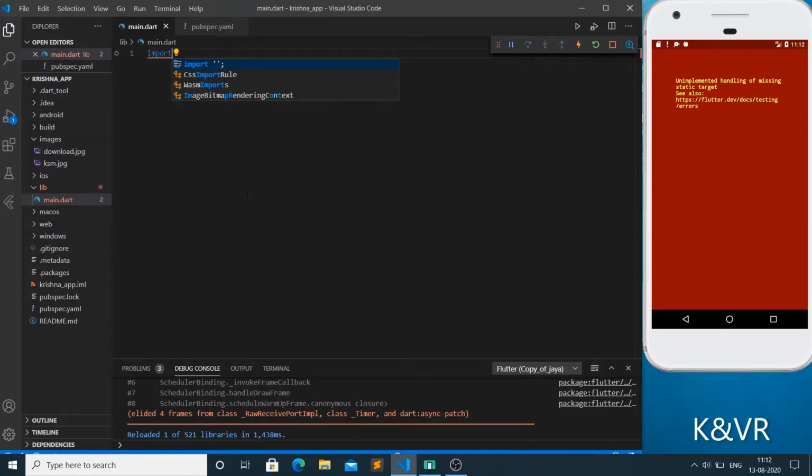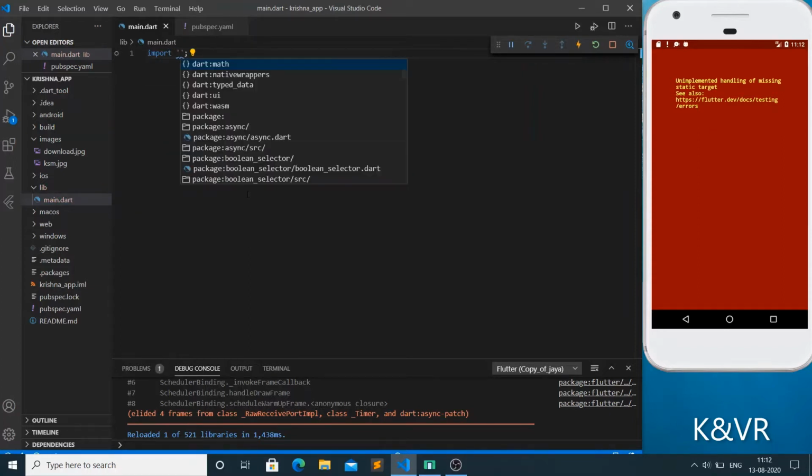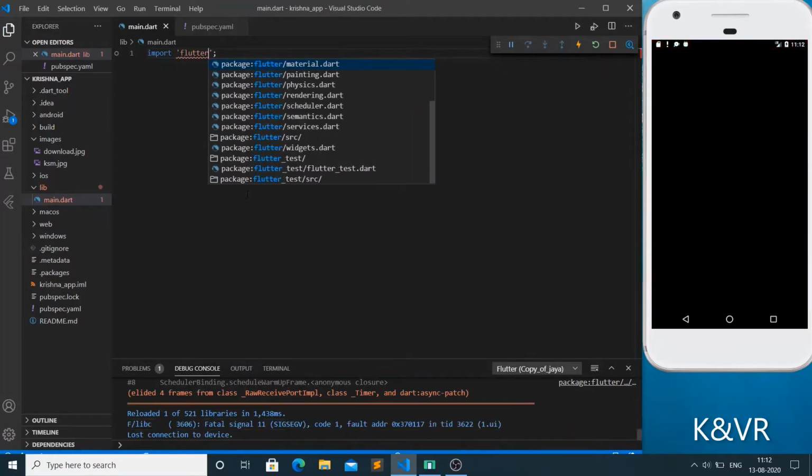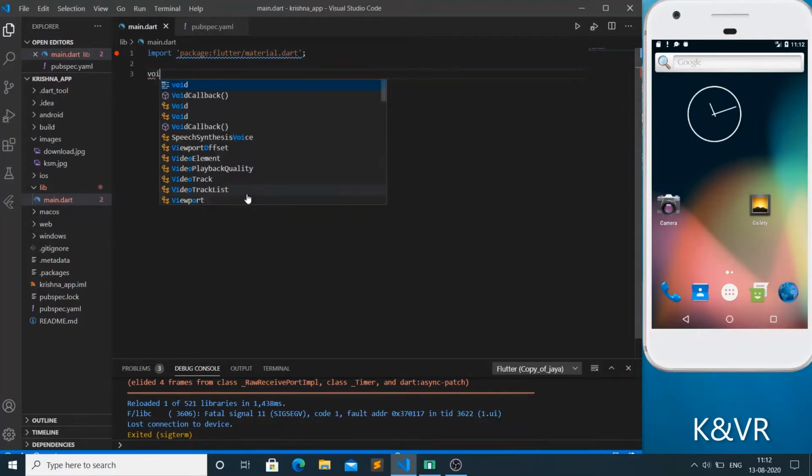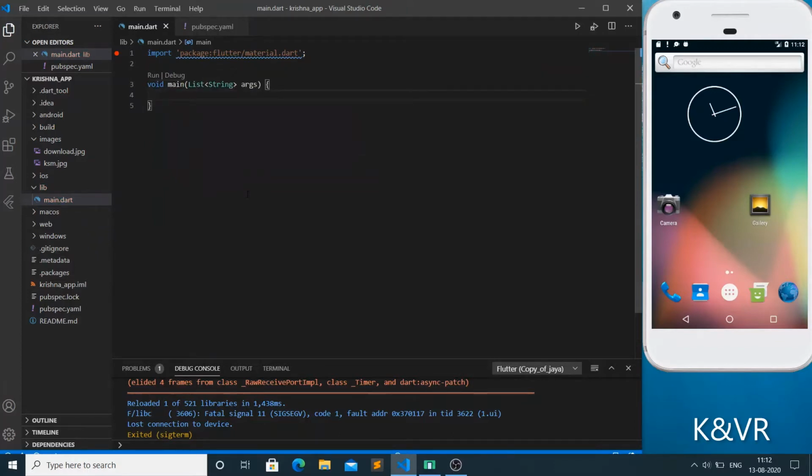Just type import flutter package material dot dart. Next we are writing void main that accepts the flat arrow.